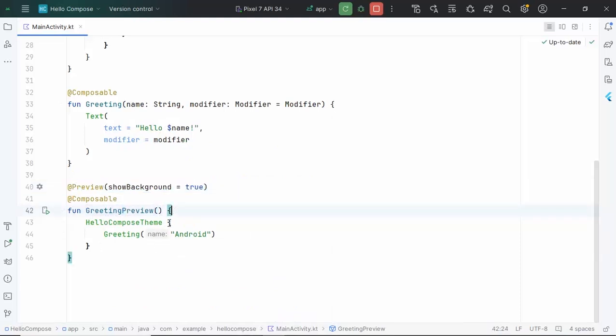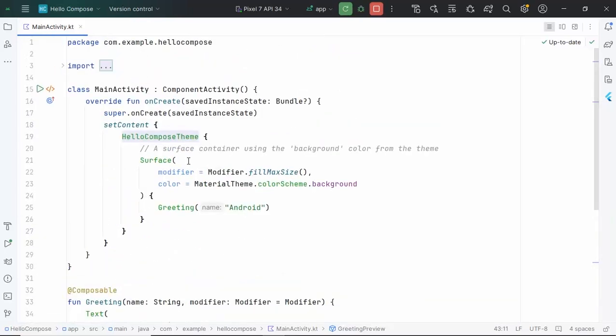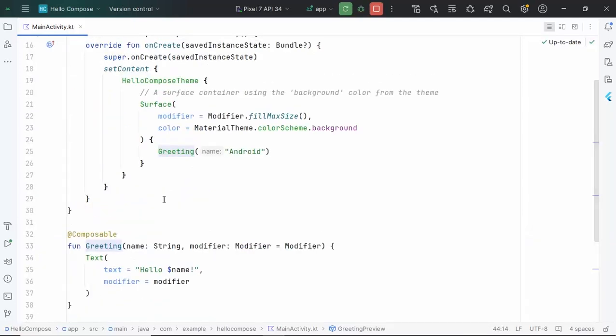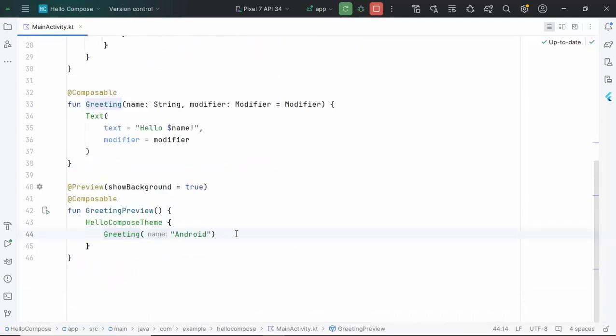And inside that, we have the theme once again. This is the same function that has been used over here. And inside that, we have this greeting method all over again. And we are passing a value. So to see the changes immediately without restarting the application on the emulator or real device, there is an option